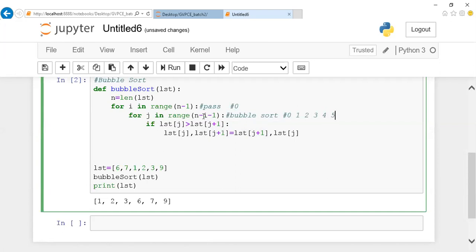So what is the condition I told you? n minus i minus 1. So what's the n value here? 6 is the n value, isn't it? So right now what happens? 6 minus, so it will perform 6 minus the i value, which is 0, minus 1. So I'll go to 5 values. Okay, so your range is taken from 0 to 5. If it is 0 to 5, I'll go from 0 to 4. The fifth element will not be done.